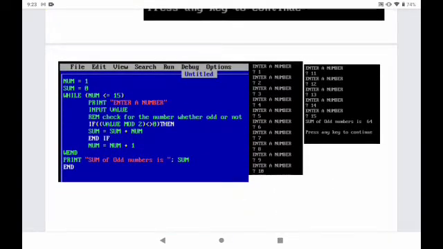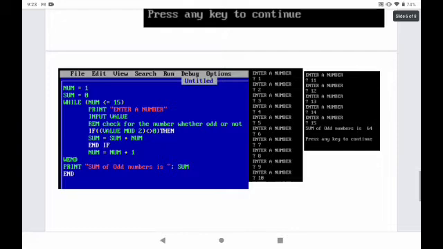Then we can move to the next problem. And the question is, write a program to enter 15 different numbers and find the sum of only even numbers from this set. So what will happen? Let us check. Num = 1 and sum = 0. Same thing we have given here. Then the while loop is opened, then num less than or equal to 15. That means I have 15 attempts. Print "enter a number". So here you can see a display message like enter a number. Then input the value. That means we can enter any value at this moment.